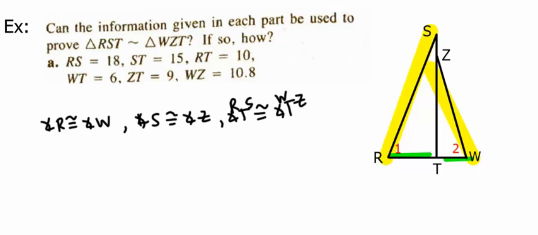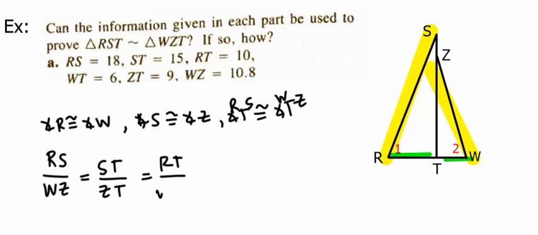So those do need to be named with 3 letters. Now they're not giving us any information on angles, they're giving us the information on the sides. So the proportion is RS over WZ has to equal ST over ZT, which has to equal RT over WT. And I'm just looking at the similarity correspondence and going in order: RS over WZ, ST over ZT, and then